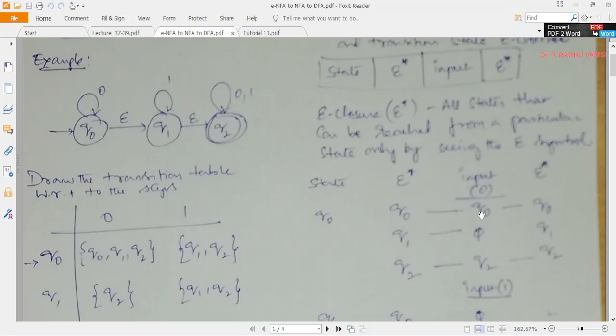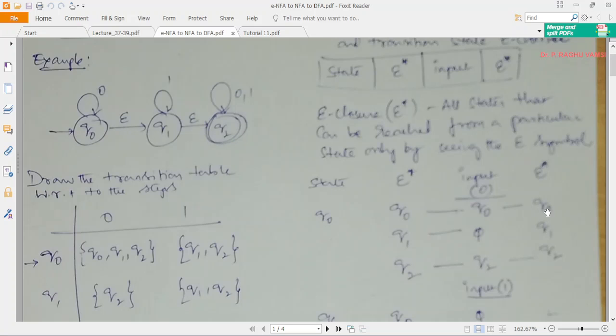Now for every output state upon the input of the observed epsilon closure, what is the closure of Q0 again? What is the epsilon closure of the output state? That is, the epsilon closure of Q0 is the same state, and with epsilon, what are the states you are visiting?